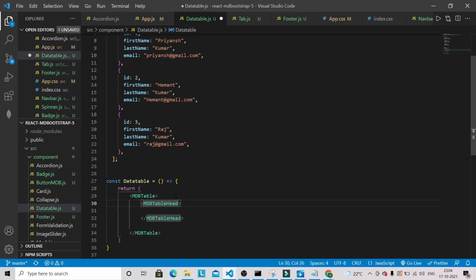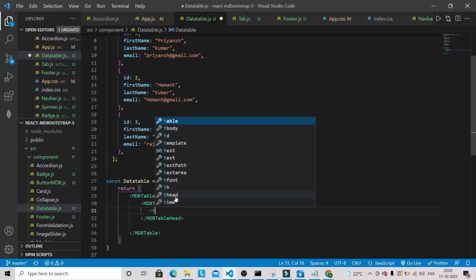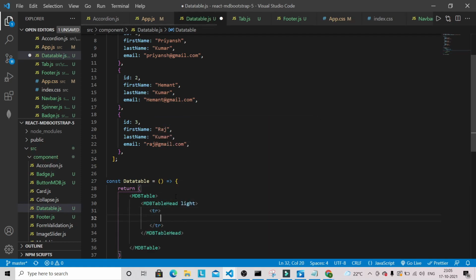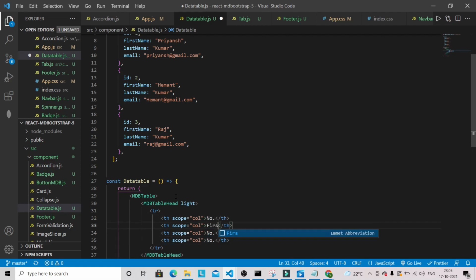So table head will be light only, and we are going to have a row with th scope col. This will be number, and let's copy a couple of times. So this will be first name, this will be the last name, and this will be the email.